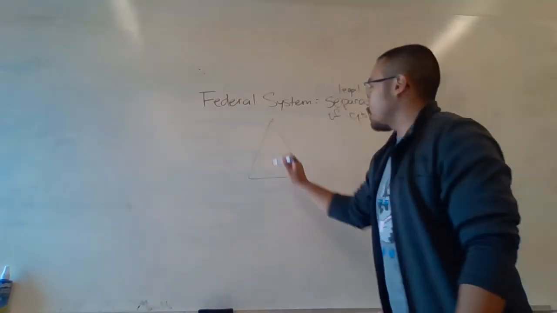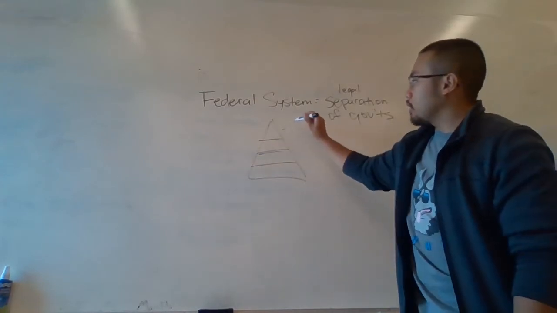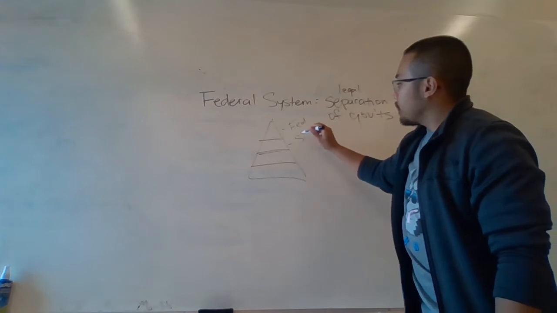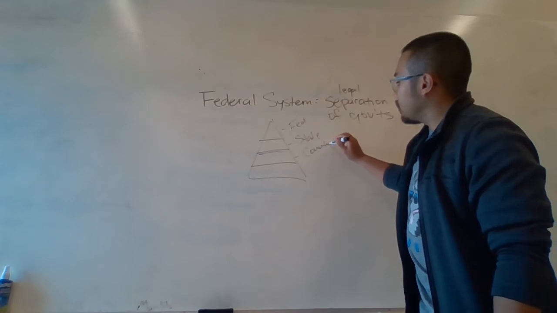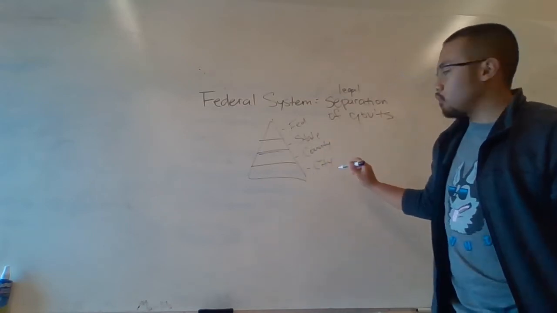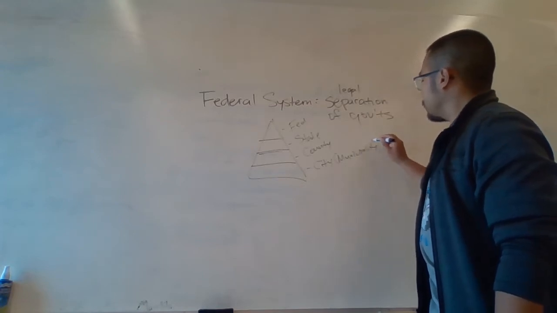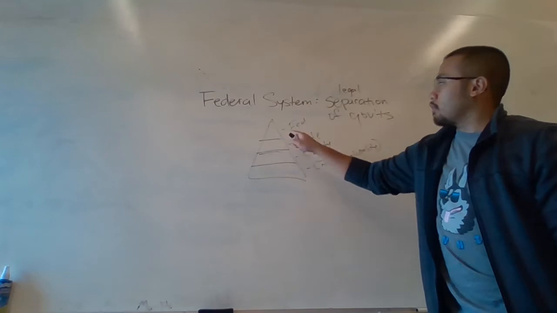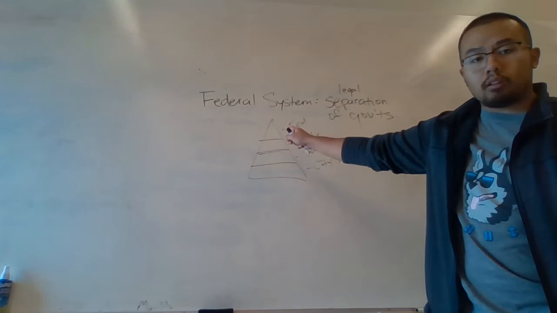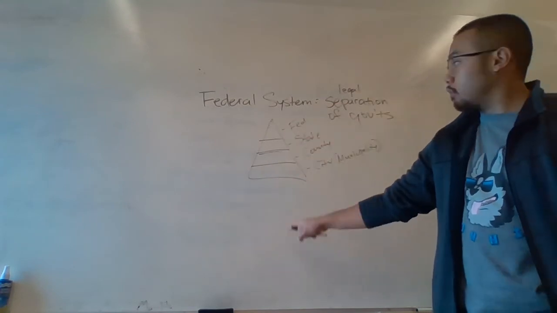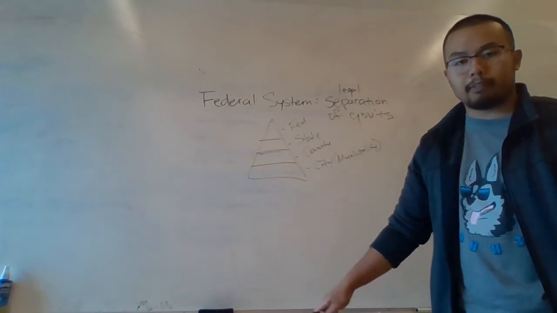Just to give you the theoretical model of what federalism looks like, it's that little pyramid, right? And at the very top, you have federal government. Next, you have state government. Then you have county government, and then city, also known as municipality. In the order from the topmost has the most power, right? And so federal government, should they make a law, everybody below it has to follow. State, if they make a law, everybody below state has to follow, and so on and so on.